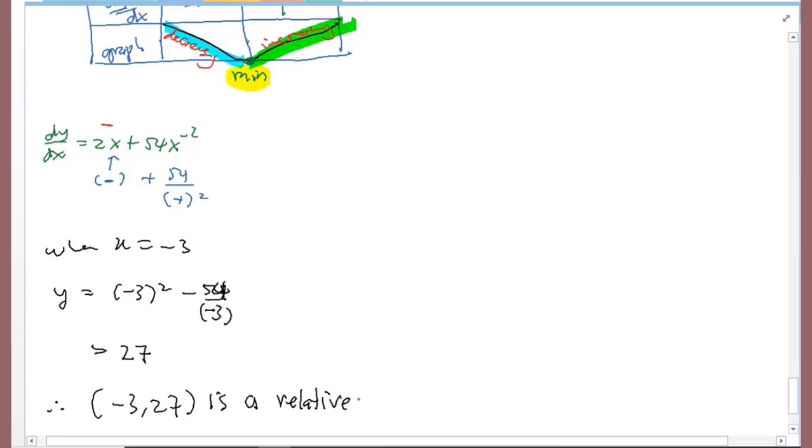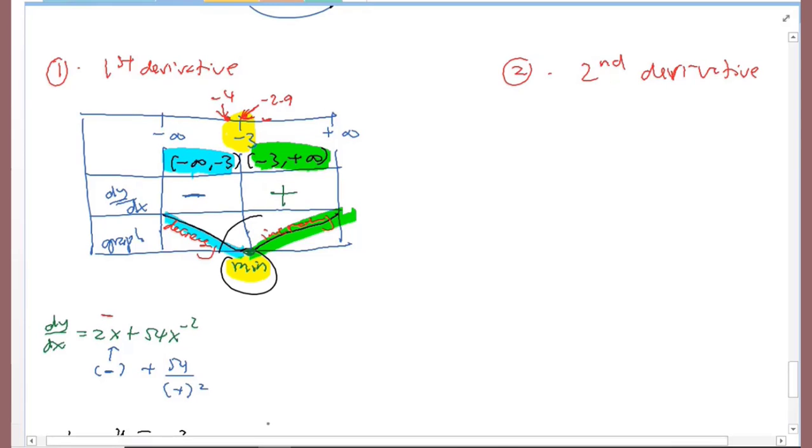relative minimum. Relative because it is a local minimum. Along the graph, there may be lower points, but for this area, that one is local. That part is the minimum there. Settled. Okay, let's say using the second derivative. This one was using the first derivative. The second derivative,